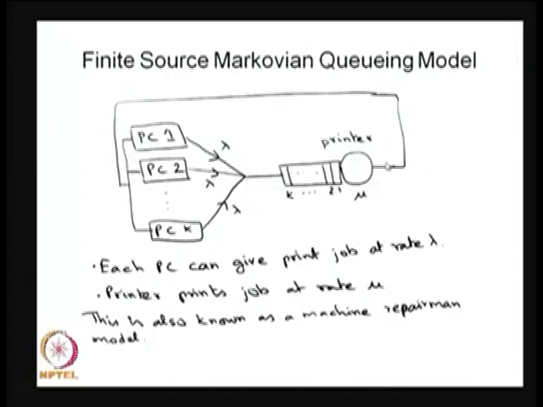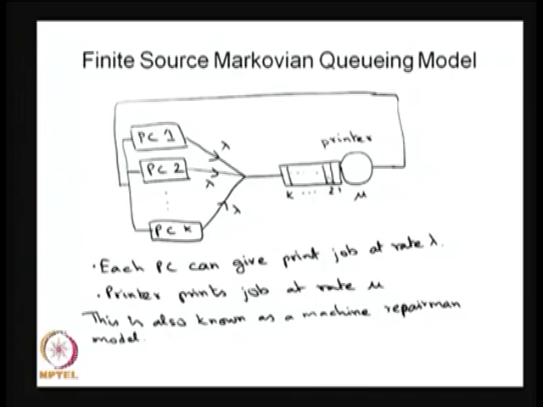Therefore, after the print job of any PC is over, things go back to the same situation. Then with the inter-arrival of print jobs exponentially distributed, the print job can come into the printer. So, with these assumptions,